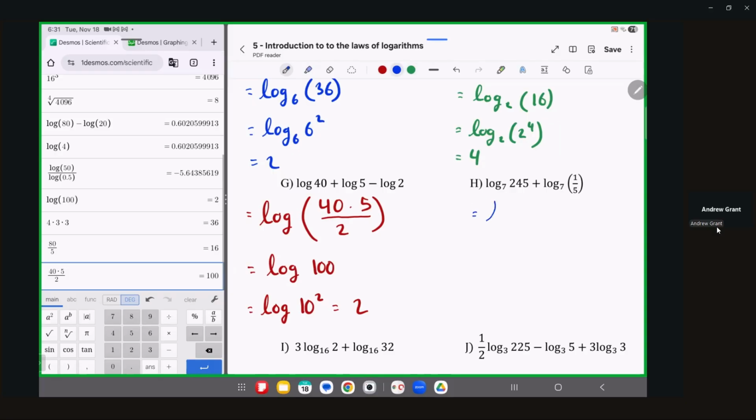We can make this log base 7 of 245 multiplied by 1 divided by 5. And remember, you don't really need to write that multiplied by 1. This is just helpful for your notes because what if the number had been, say, 6/5? Then you would just, in that case, take 245 and multiply it by 6. And at any rate,